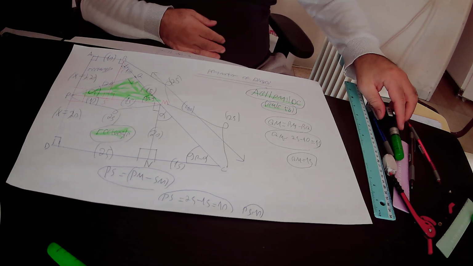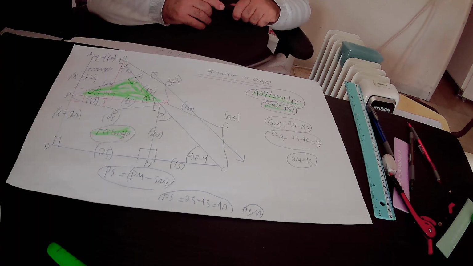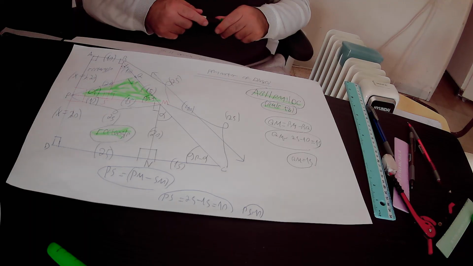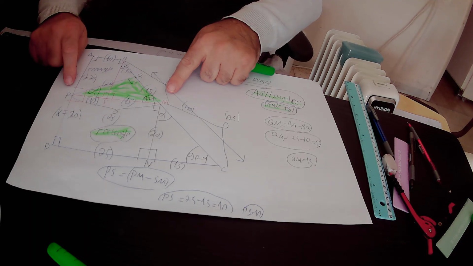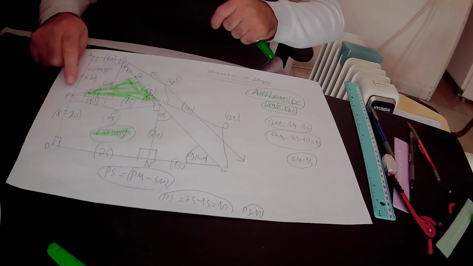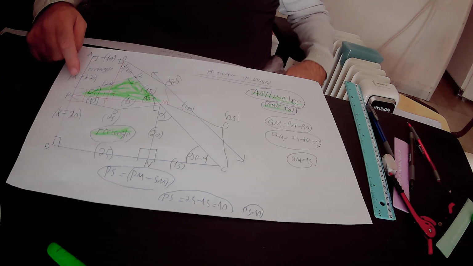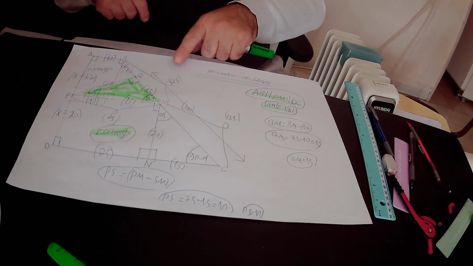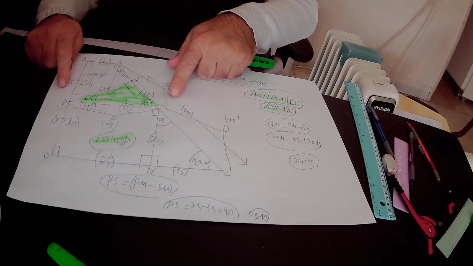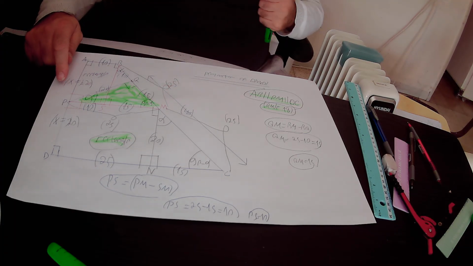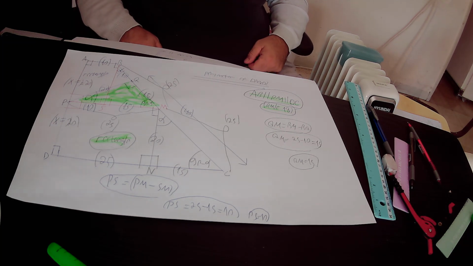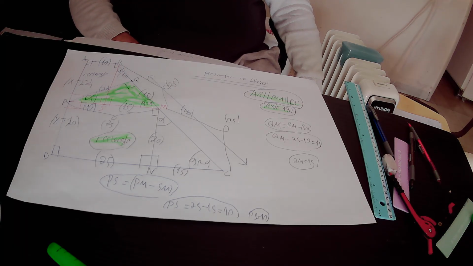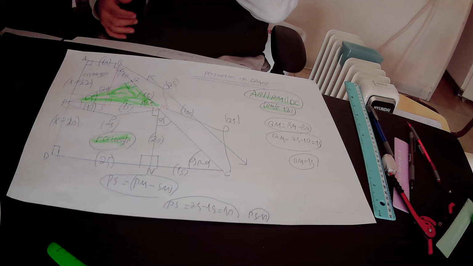So here we can implement the trapezoid mid-segment rule. Point P is the midpoint of AD, and point M is the midpoint of BC. And therefore PM is defined as the mid segment. And according to the trapezoid mid segment theorem,